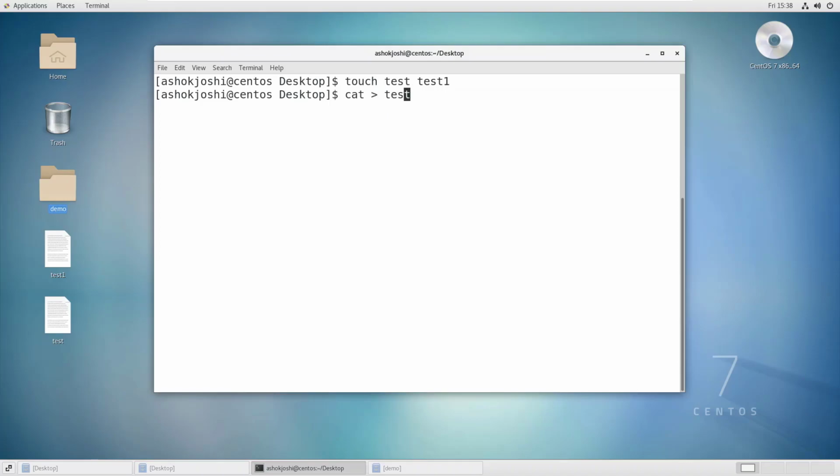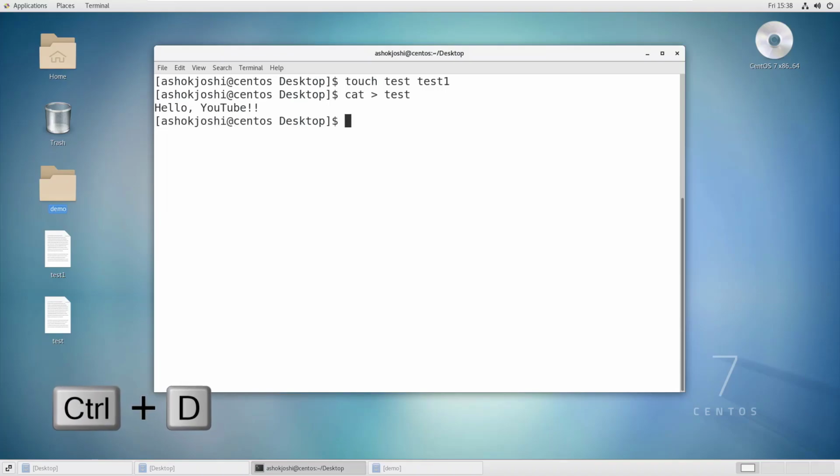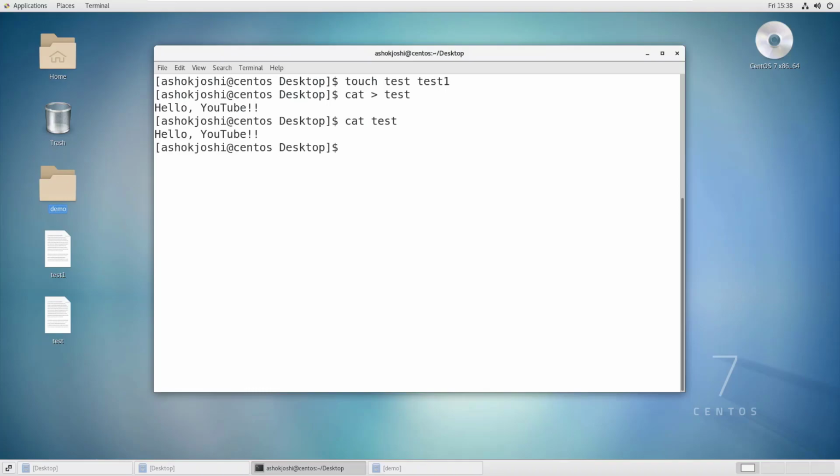Some content I will add here, and if I press enter, I will write hello YouTube. Press enter and press Ctrl and D. This will exit out of that cat command. Simple. Now if I see what is there inside this test, you can see we have this hello YouTube. And if I see what is there inside this test1, nothing.